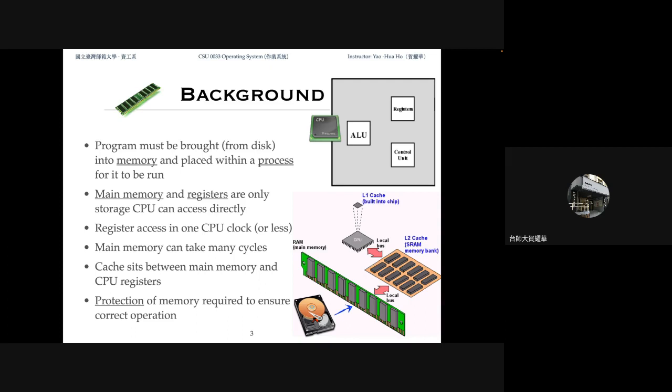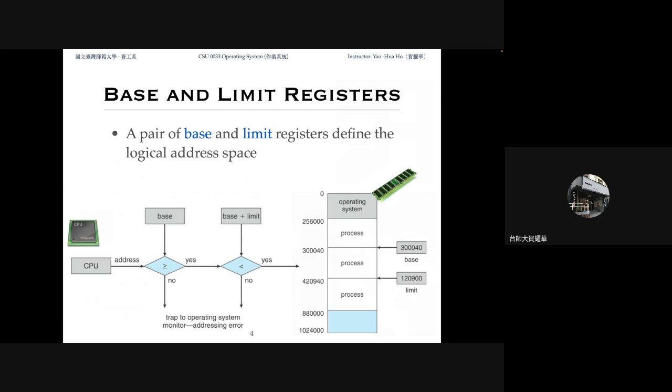Register access takes one CPU cycle at a time. The main memory can take a few CPU cycles to access. We have a cache that sits between the main memory and the CPU, so we have register, cache, and main memory. It is the operating system's job to protect the main memory to ensure correct operation. So when a process is running in the CPU and wants to access some information, some instruction,